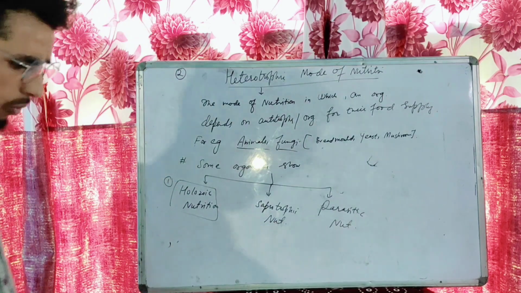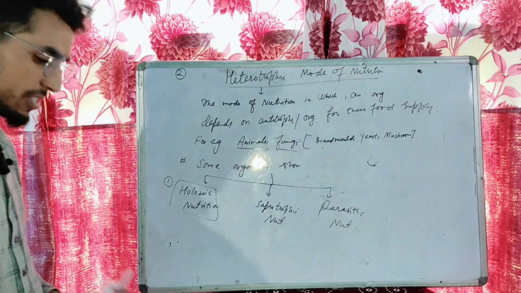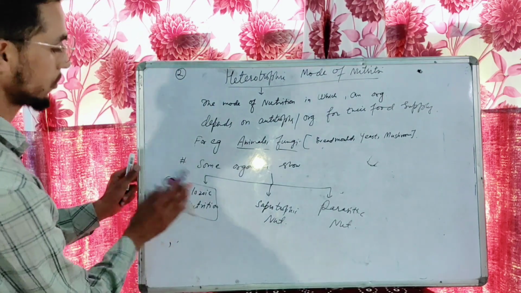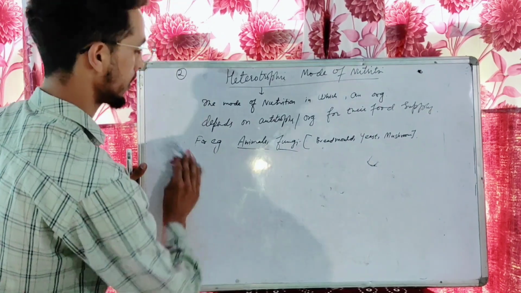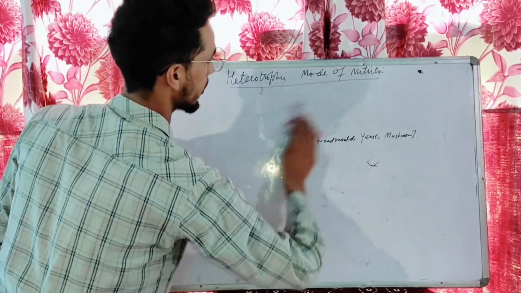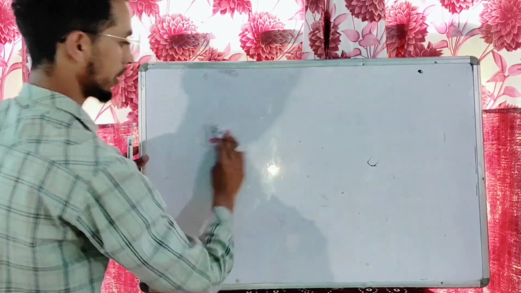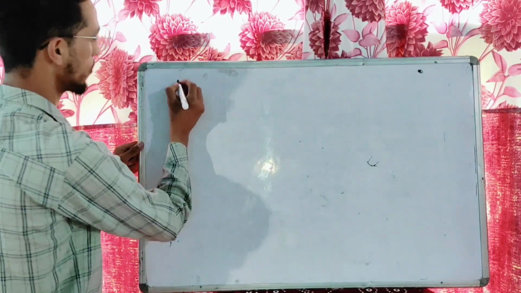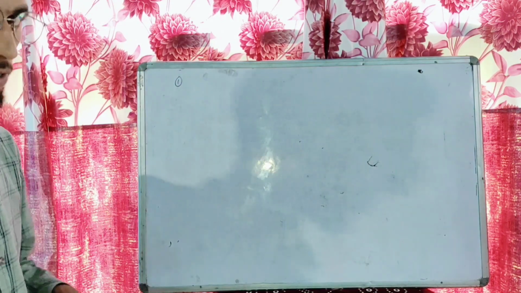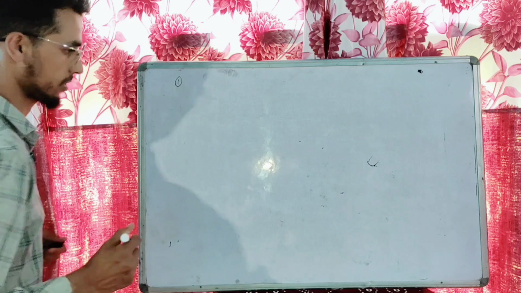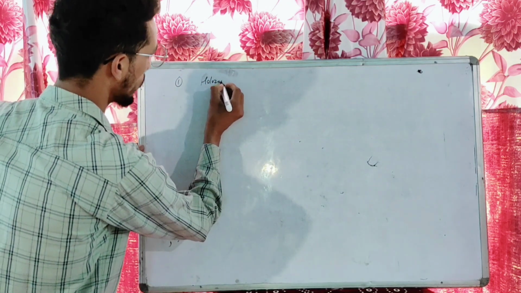Now, in the holozoic mode of nutrition, the organism feeds by ingesting solid organic matter. Then it breaks it into simpler substances. Then we'll move towards saprotrophic and finally to the last one, that is parasitic mode. So the first type of heterotrophic nutrition. Just like autotrophic mode of nutrition, which we classified, we are now classifying this also. First one is holozoic